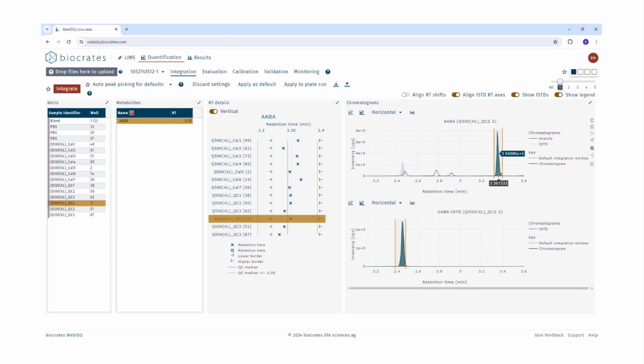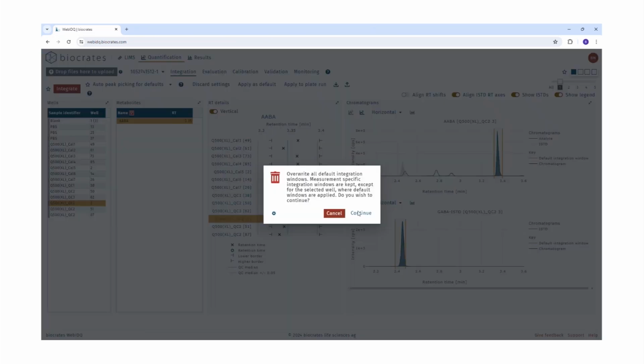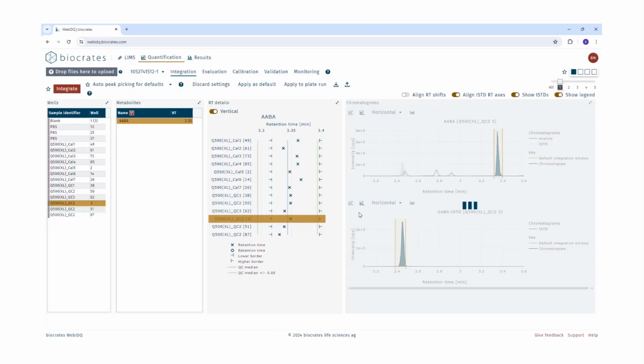So once you have made all the adjustments, you can click apply to plate run. And these default RT windows, which are plate run dependent, will be replaced by the ones from the currently selected well. Click on continue. You can see that after applying to plate run, all the samples will turn blue, indicating that they are using default retention time windows. The default retention time windows are plate run specific. If you want these settings to be automatically applied to the next plate run, you can click on apply as